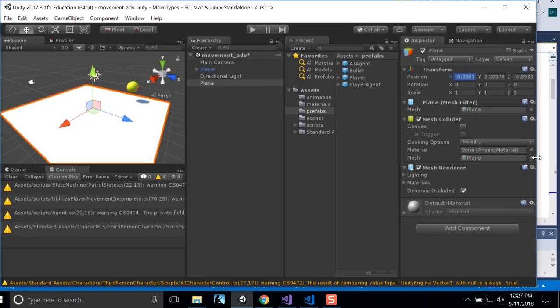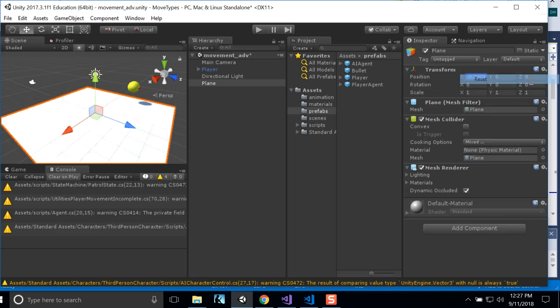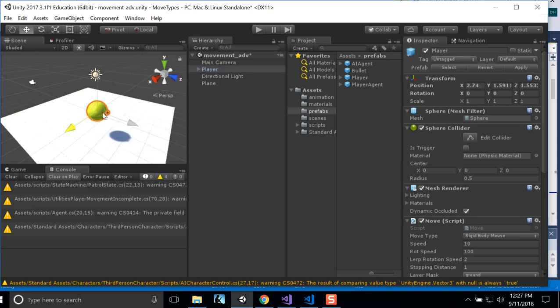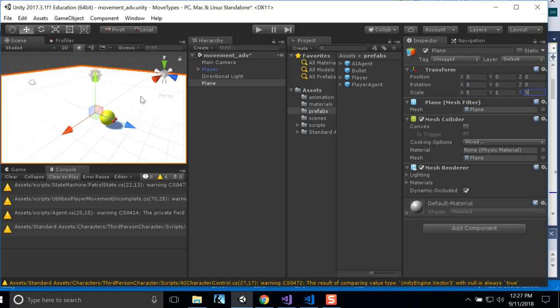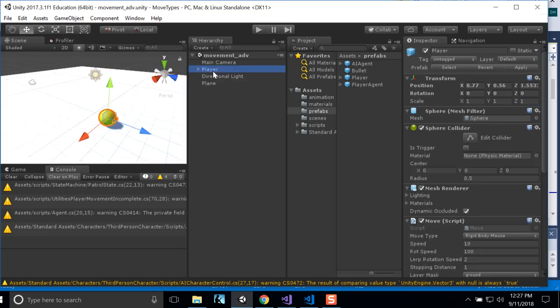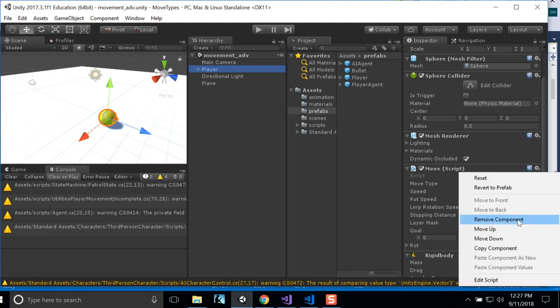Alright, let's reset the transform to 0, 0. Let's pull our player down. And for the scale of the plane, we can make it a bit bigger. Let's do 5 by 5. And save. Alright, on player, I'm actually going to take off this move script